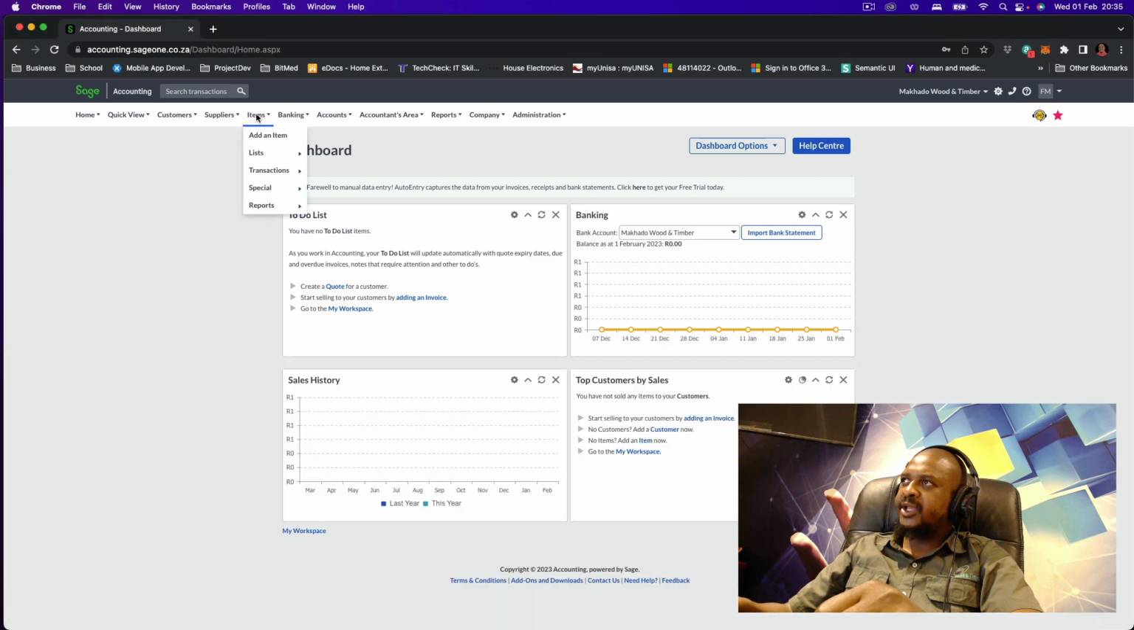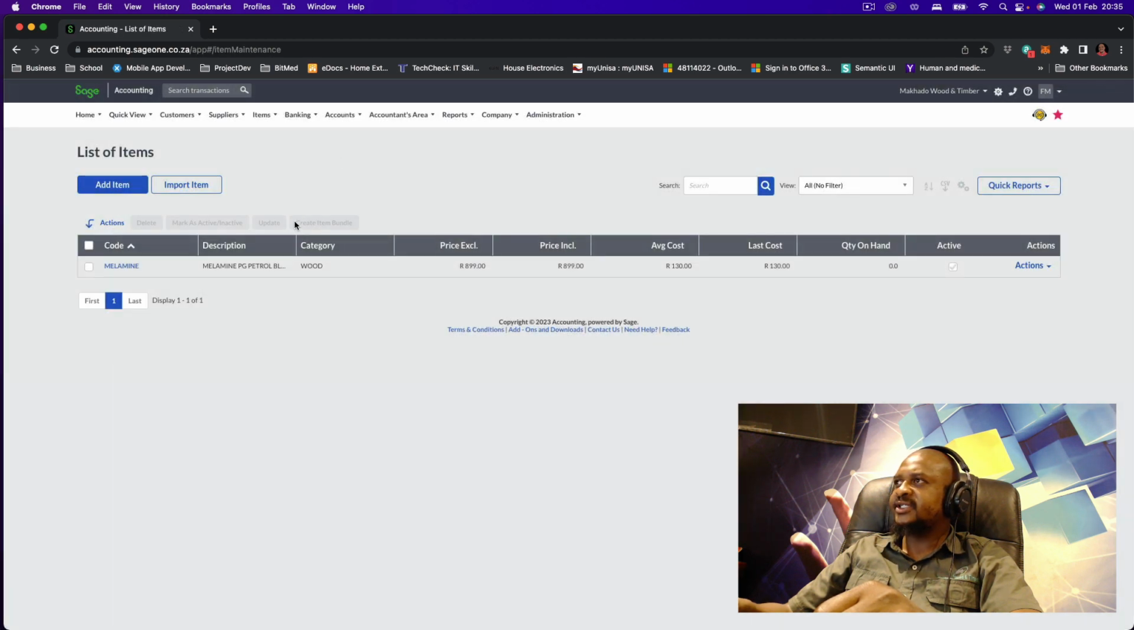So you go to the menu, and you say add item. If you want to see items that are existing, you would go to list items. I will click list items just to show you what is there. Here we already see I captured the first one, melamine,